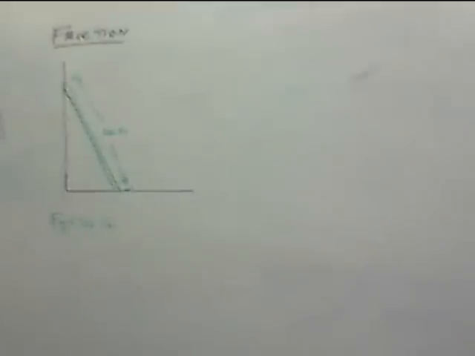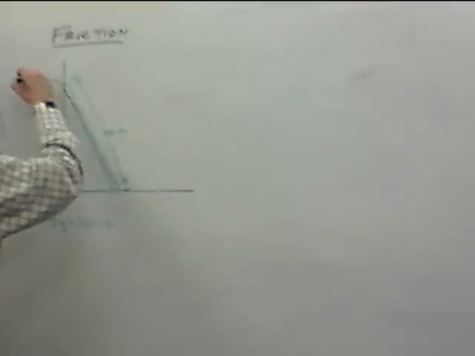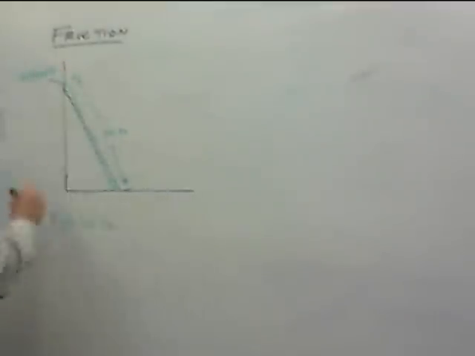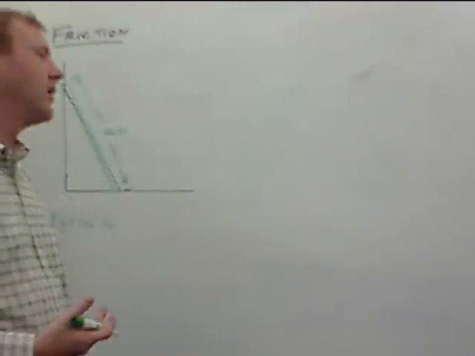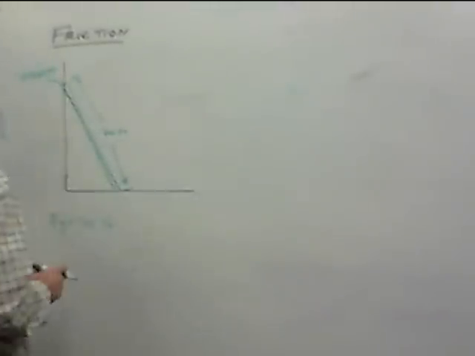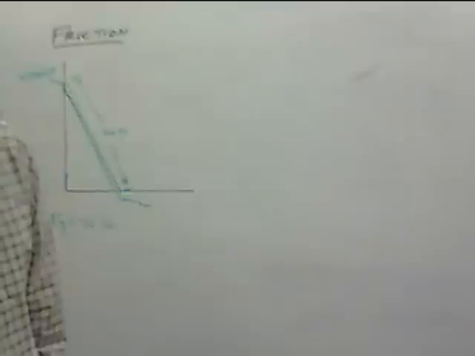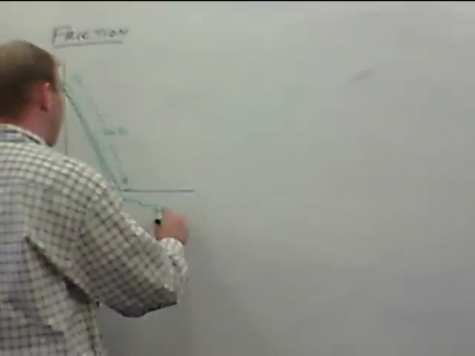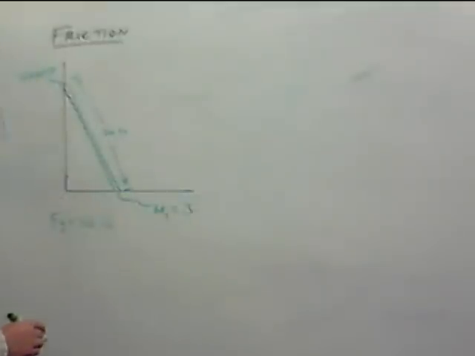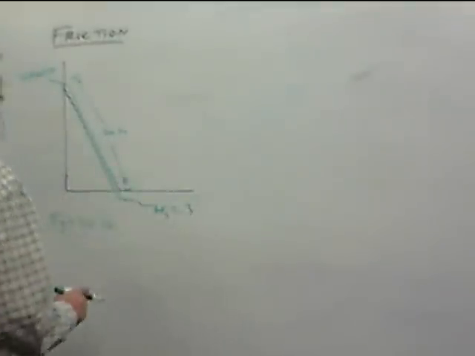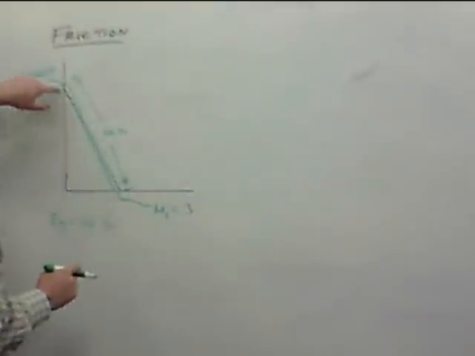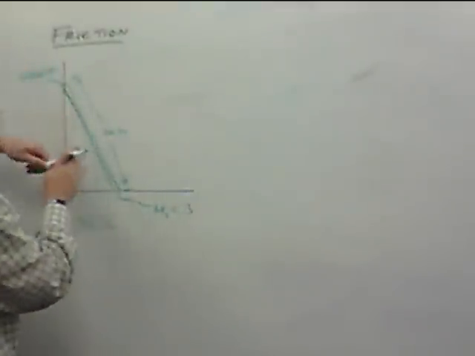All right, we're going to say contact here is smooth. Okay, when you hear the phrase smooth contact, that means negligible friction. We're not going to have any friction here. We are going to have friction down at the bottom. Friction at the bottom is going to be the coefficient of friction, mu s of 0.3. Okay, so we've got this ladder here. It's resting up against the wall. There's negligible friction at the top, but there's friction at the bottom